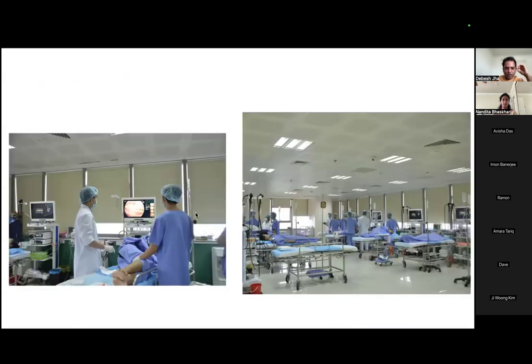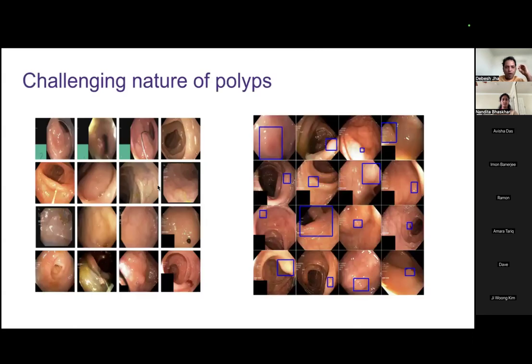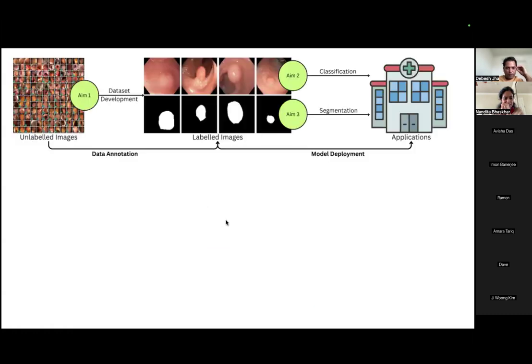This is a picture of the clinical procedure. The reason why colorectal polyp detection is challenging is that the polyp surface looks the same as that of the mucosa, and there are also low lighting and flare artifacts. Also the size or structure of the polyp matters. For example, this is a flat polyp. Doctors usually miss polyps like this, which look like normal tissue. So there is a high miss rate because of this kind of region.